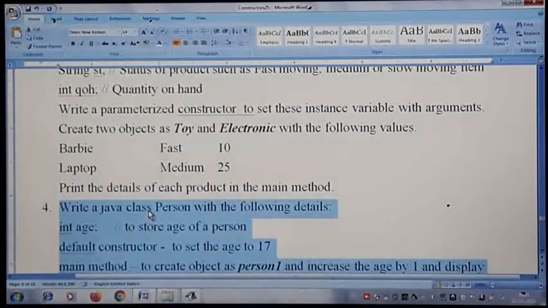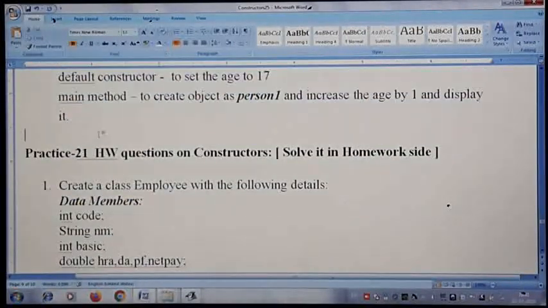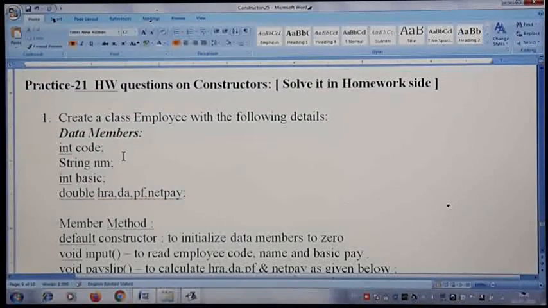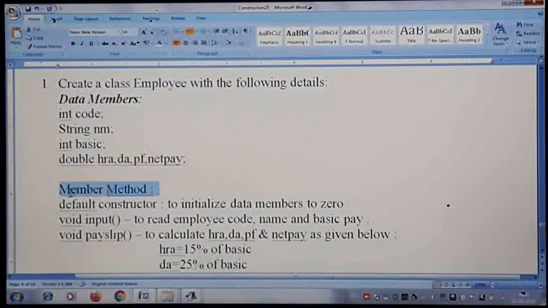Now for today's class I have given you one question which is a full-fledged one, like what you get in your board examination on the constructor chapter. Compulsorily this variety of question will be there in your board examination. Very easy to write. Just write the statement of what the question is asking for. You are going to create a class Employee with these data members, and you have member methods. All of you know that immediately after the class you write the variables, and inside that only you write the member methods, which is nothing but the encapsulation concept.